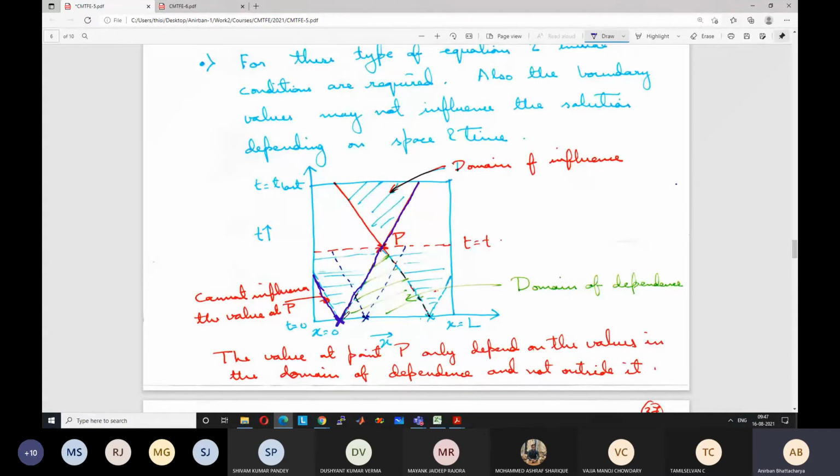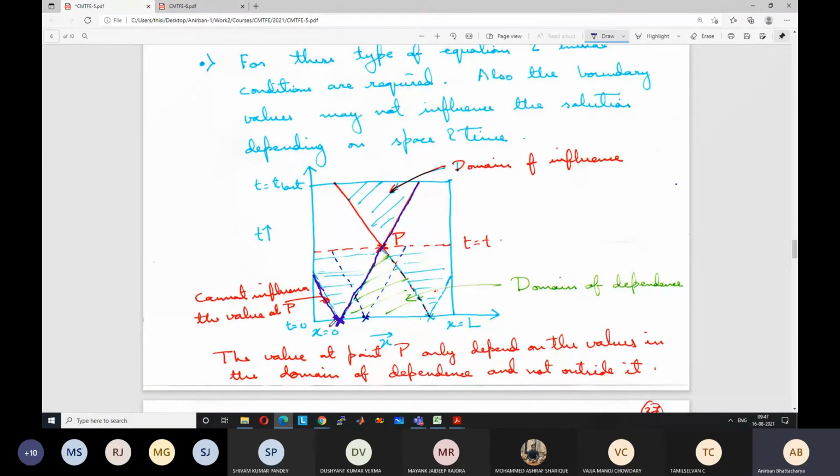And in this direction, the length up to which the influence propagates is given by the extent of this line. So how are these lines defined? Again, from this point, this direction is at minus Ct and this direction is at plus Ct. Why have I drawn this point? What is the significance of this point? This line just passes through this point P, so this point is just able to influence this point P.